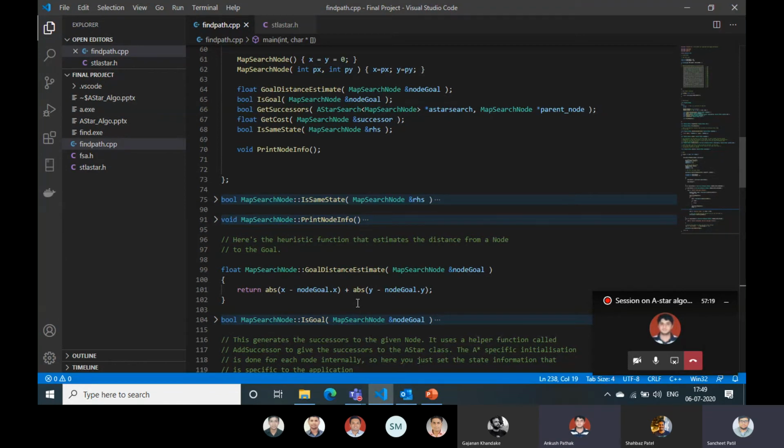If we take the example of 0 comma 0, and the final goal I was having was 1 comma 19, so 0 minus 1 plus absolute of 0 minus 19. So the distance for the 0 comma 0 node would be 1 plus 19, that is 20. The heuristic value for 0 comma 0 would be 20.